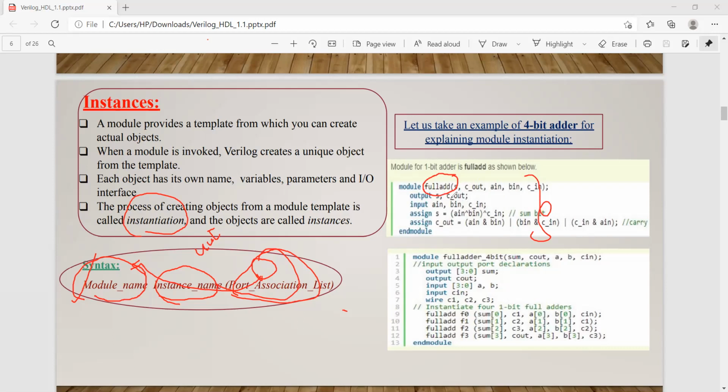In the full adder, S and Cout are outputs, and A in, B in, C in are inputs. Now from this, I need to develop a 4-bit adder by instantiating the full adder 4 times. This is the first full adder, second full adder, third full adder, fourth full adder, and connect.